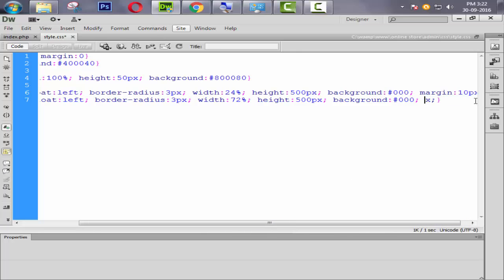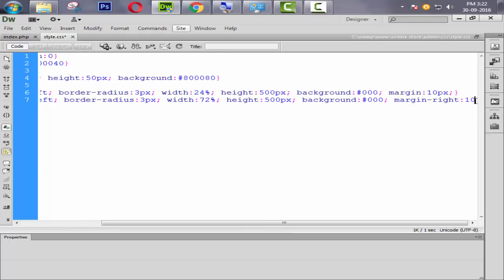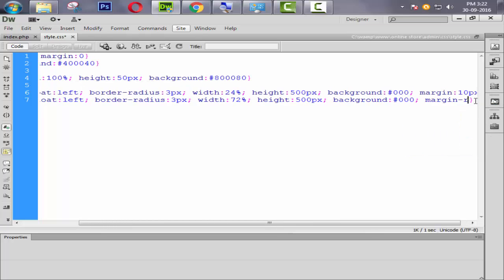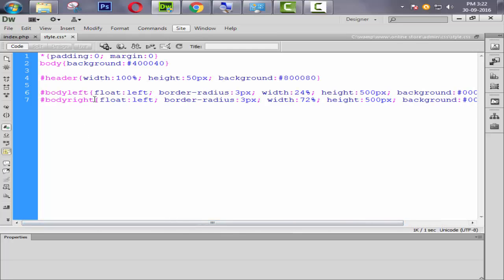It's coming. Okay, here we use a margin. We don't use margin like this, we use clockwise margin. Just remove it, come back here and say margin, from the top we need 10 pixel, from the right 10 pixel, from the bottom also 10 pixel, but from the left 0 pixel.